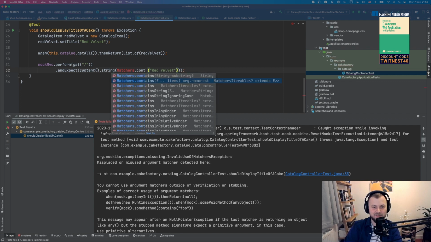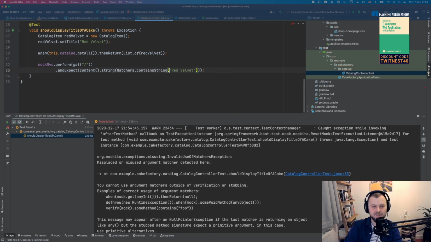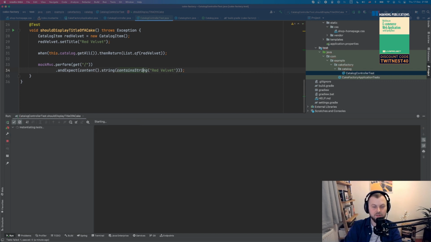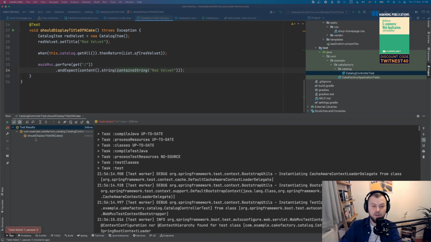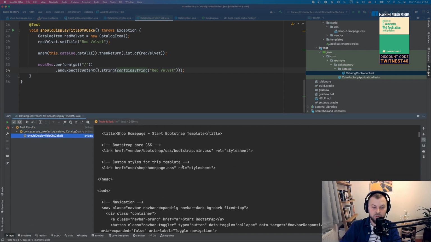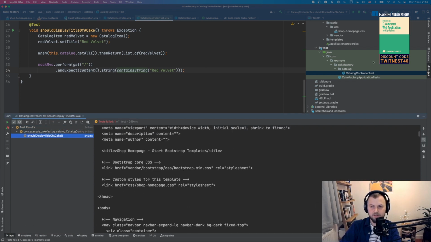Contain string, there we go. Contain string, that's it. Right, so now I can finally import that, right? And if I run the test now, it's still going to fail, but that's okay because again, the view is not yet implemented. So we're getting the data from our service, not the database yet, giving it to the view, and not rendering anything. Yeah, there we go, back to the same failure.